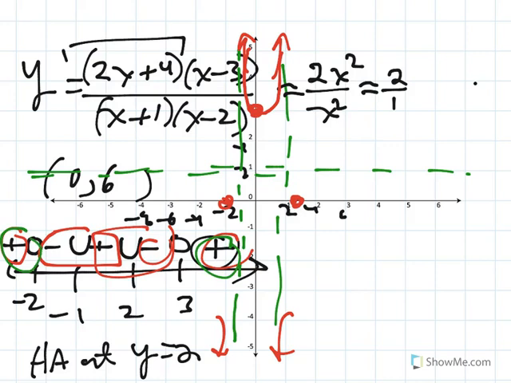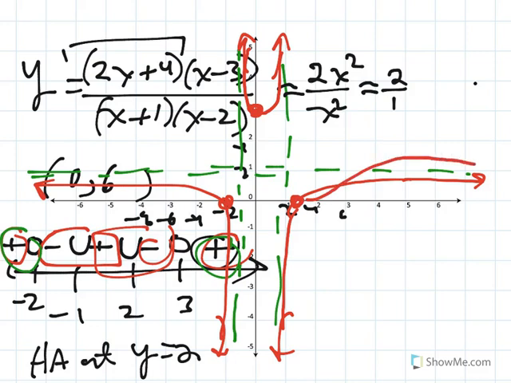But what we don't really know for sure, it seems like this probably happens. But it is also possible, and would not contradict this, if this somehow went through the axis and came back down, because that would still be a plus here. So we're not really sure. We have to do one extra